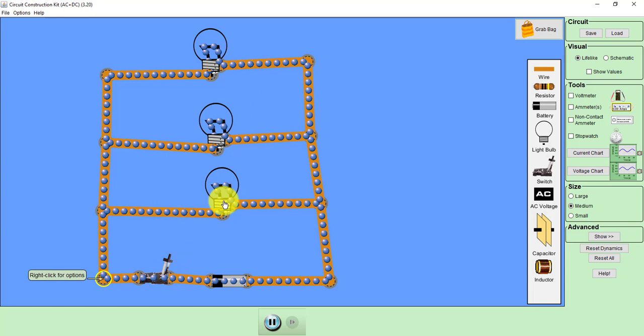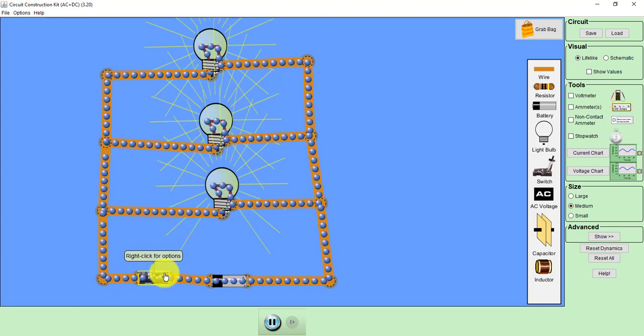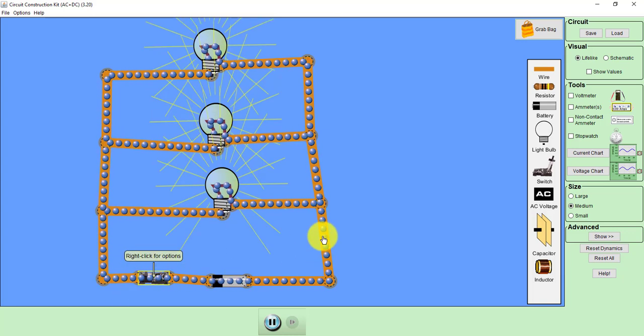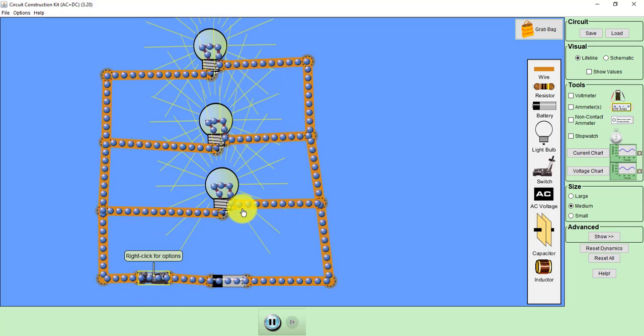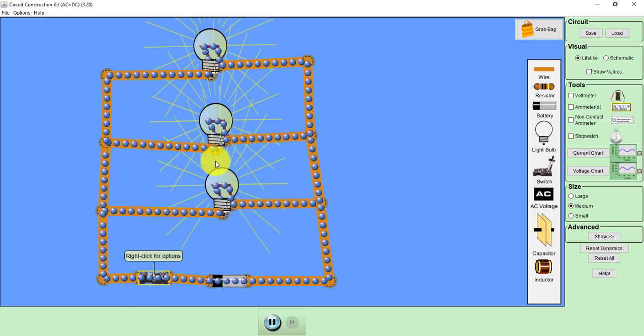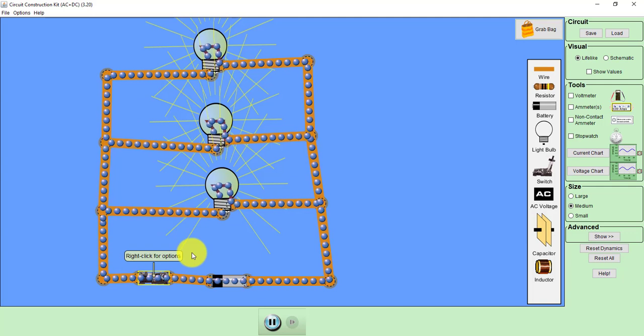Now three bulbs are connected in parallel because there are two common points between which these three bulbs are connected. Now as this switch is open, no current is flowing and these bulbs are turned off. Now first of all, we will check whether our connection is correct or not. For that, let us close this switch. As soon as we close this switch, electrons start moving, so current will flow through each bulb and bulbs are glowing. So our connection is correct.